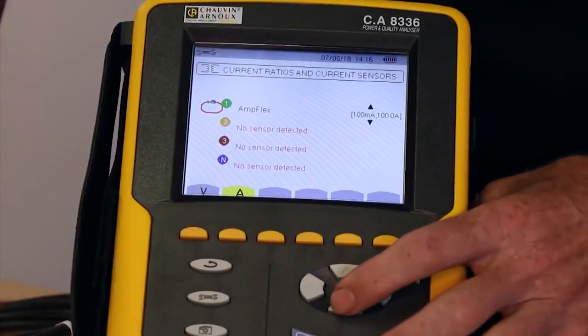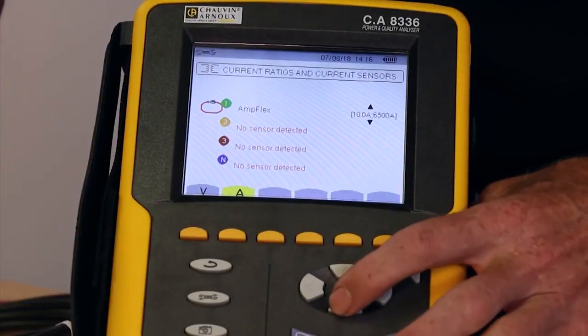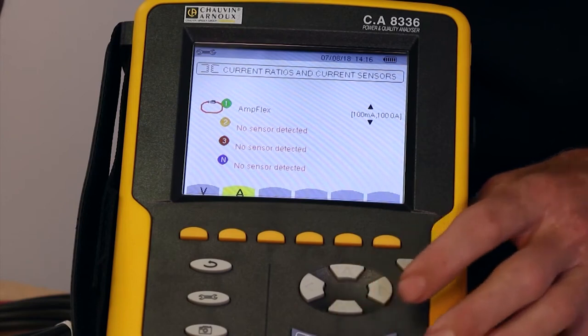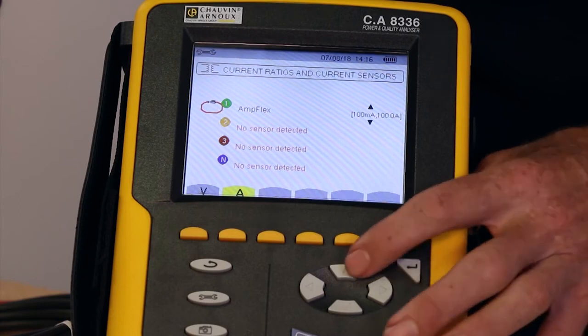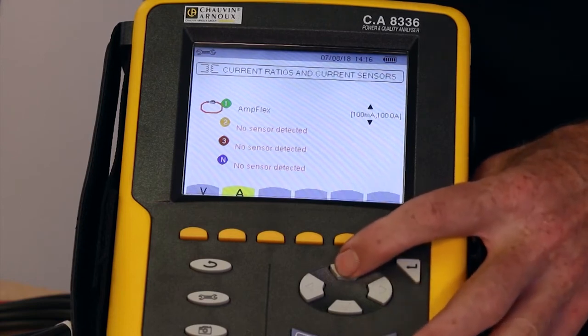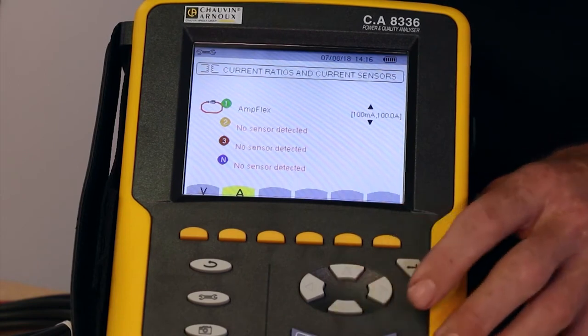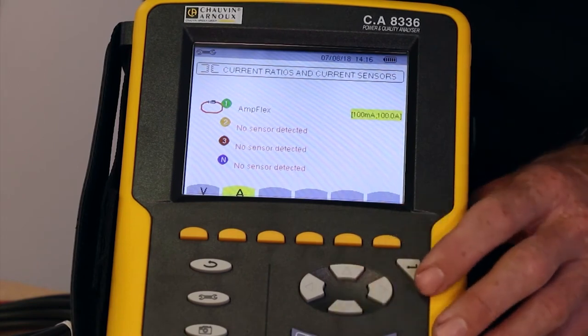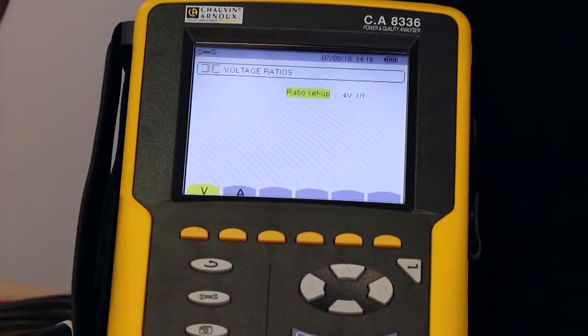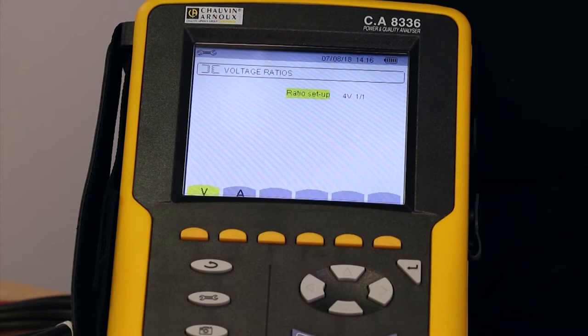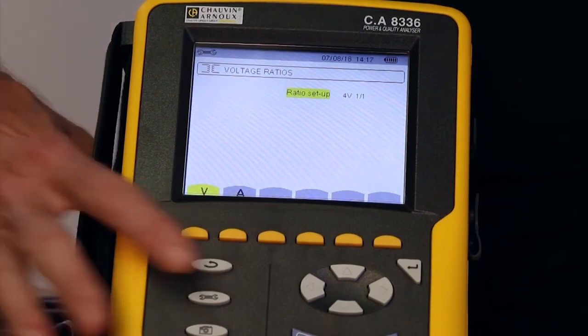Press the enter key and then the up-down arrows. This will take you to another range. This gives you from 10 amps to 10,000 amps. Or for slightly lower current but better resolution, we can have between 10.0 and 6,500 amps. On this screen, you can also set the transformer ratios for high voltage supply connections. But for low voltage connections of 220 volts or 400 volts phase to phase, there'll be no ratio here.